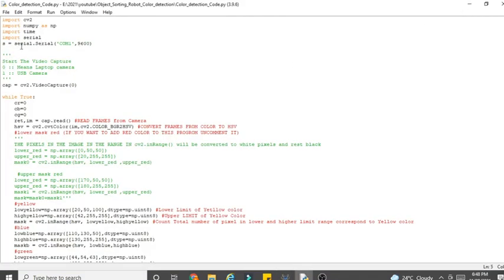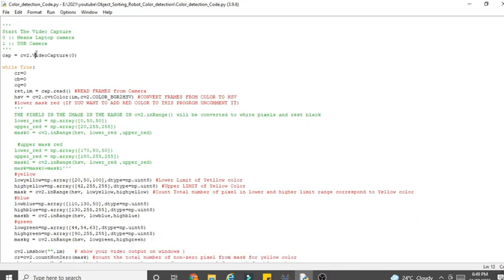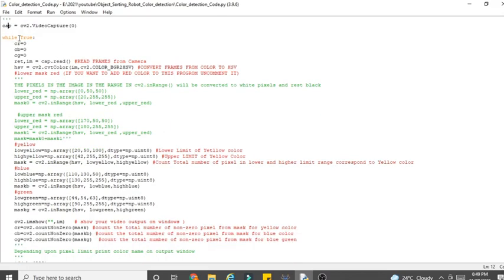Once serial.Serial with the COM port and 9600 is initialized, this creates the serial object. Now the next line is cv2.VideoCapture(0). If you want to open the camera, then the cv2 VideoCapture function is used. This 0 means you are using the laptop camera. In case you connected a USB camera, then you have to supply 1 here. In my case I will use the laptop camera, so I have given 0. Once the camera is open, the camera object is created with the variable cap. After that the while True logic will start working.